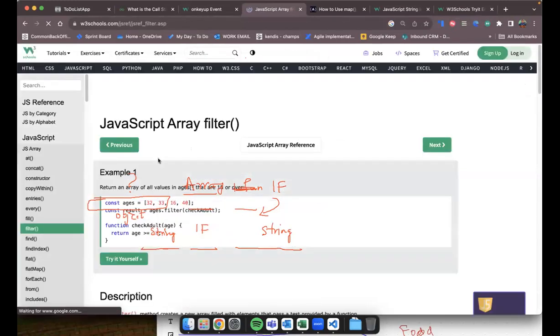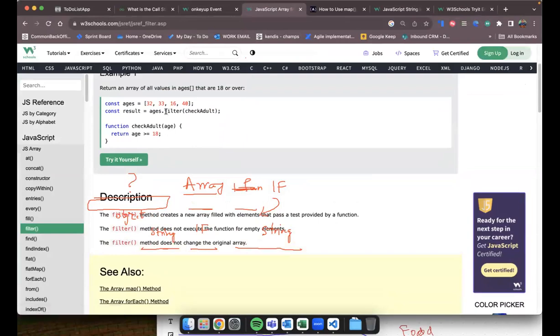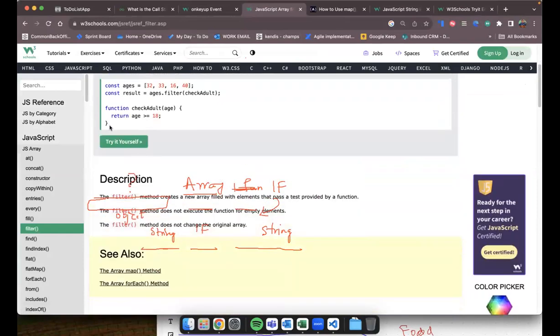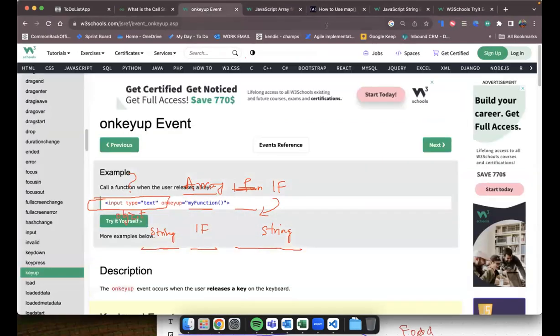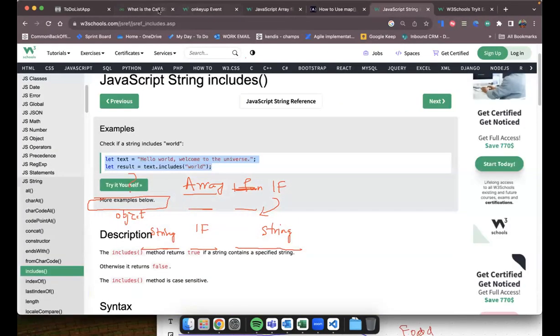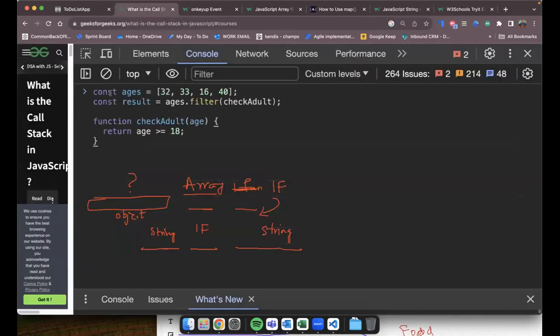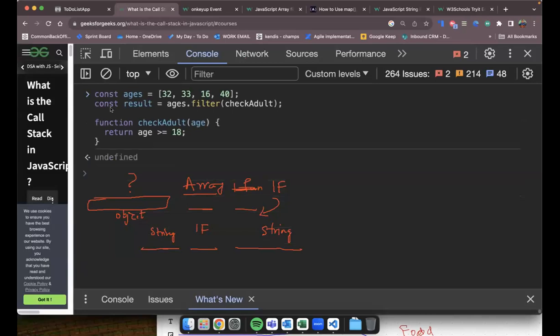Okay, this is your array filter method. Pretty straightforward. This is a conventional way of writing your code, but here we wrote the same code actually, but we didn't use our function. This is one way of writing it. Okay, this is very interesting. Conventional code. Oh yeah, I think this would be a better example for us. See now,